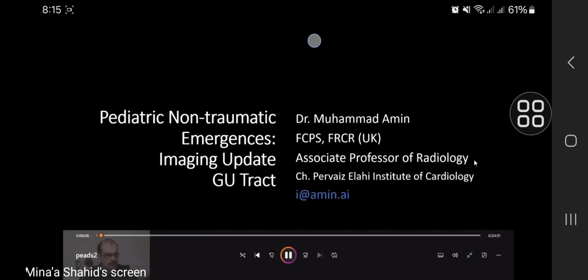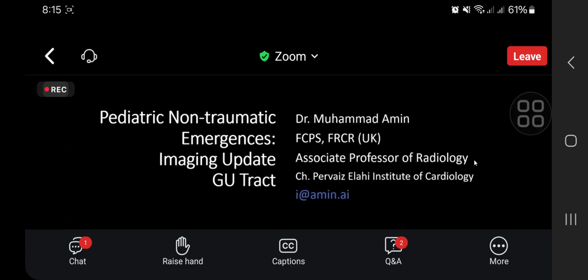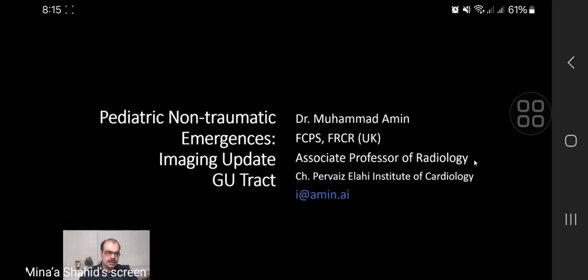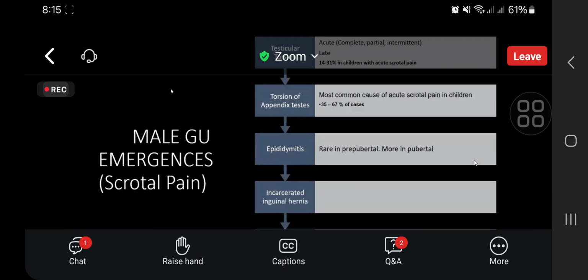The topic of today's talk is the pediatric non-traumatic emergencies related to GU. In this regard, it is divided into two main sections. The first is the male genitourinary emergencies, in which we will be more confined towards a patient with scrotal pain. And the second would be the female GU emergencies, in which we will be more focused on a female